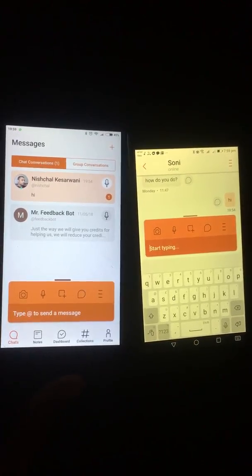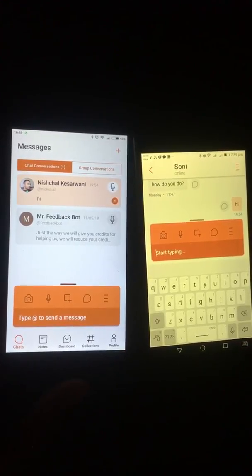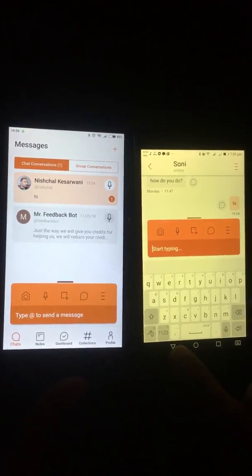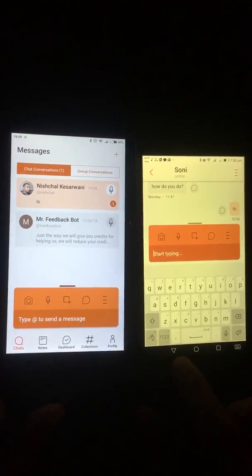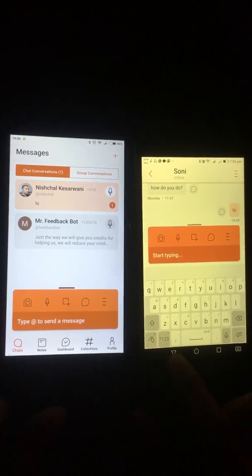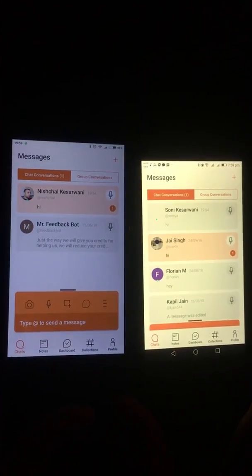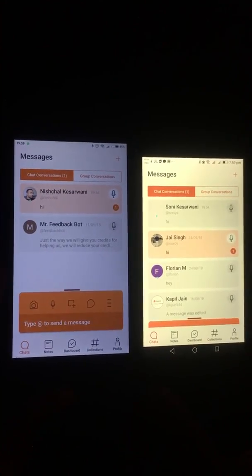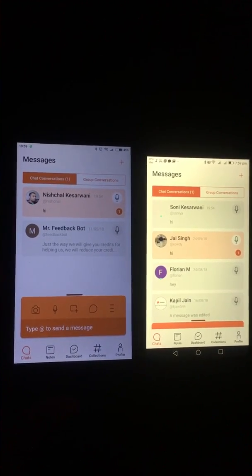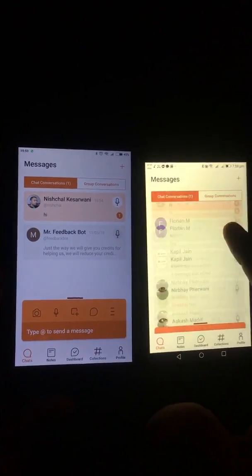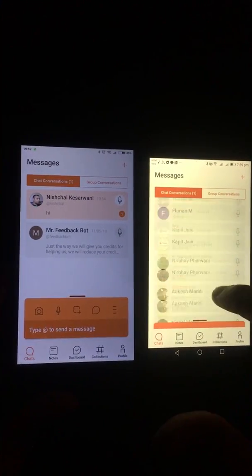The purpose of this video is to demonstrate our chat and productivity app Chattodo. On the right hand side is my phone, on the left hand side is another user's phone. Let me go back to the regular chat screen, corresponding to the user list that you see on WhatsApp. Here is the user list that I see on Chattodo. These are the users I collaborate with.